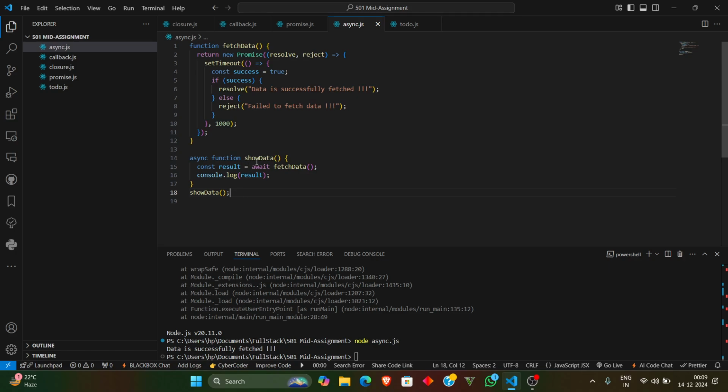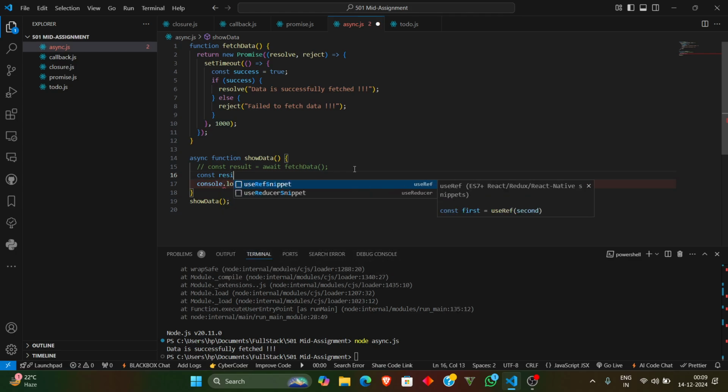So we have seen how async and await work. We have seen that await cannot be written without the async. But what if async can be written without await? Yes, it can be written. Let's see. I'll have another result and I'll say